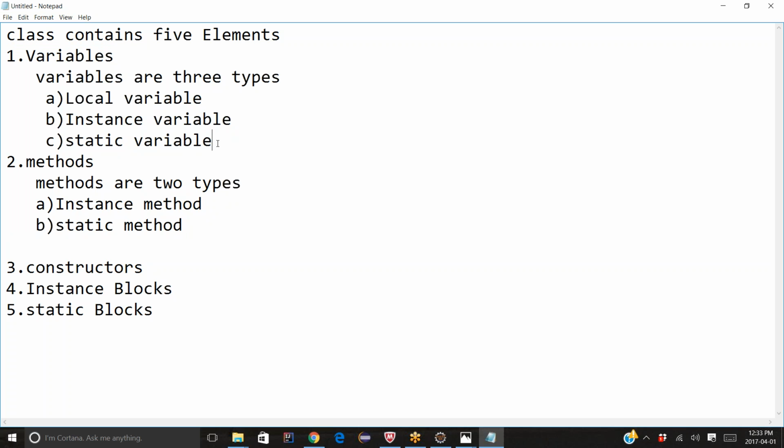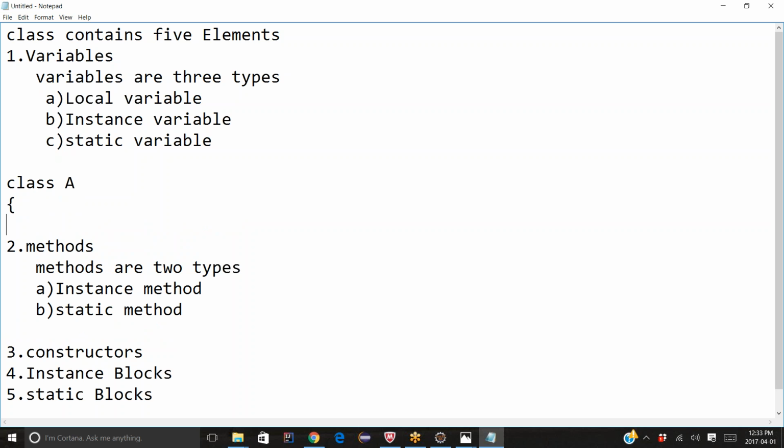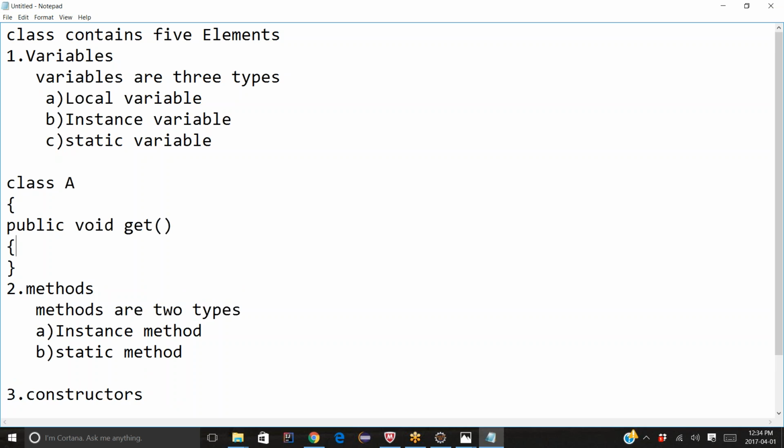Let me give an example to understand about this. Let me write a class here. Let me say class A. Okay, what are called local variables and instance variables and static variables. Local variables are nothing but, if you write a public void get method, there is a method called a get method. In that get method,